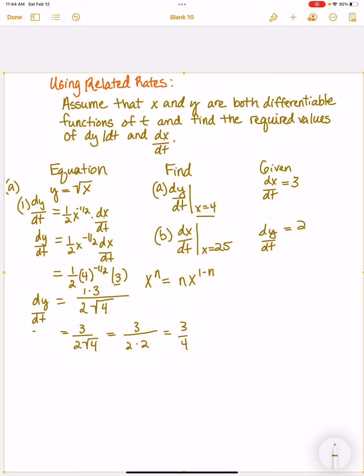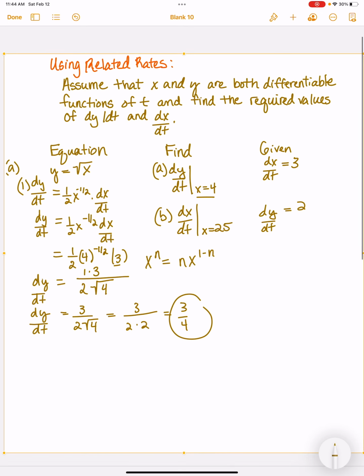And that is the derivative of y with respect to time when x equals 4. Now, let's look at b. We want to find dx/dt this time, so it's going to be different, when x equals 25 and dy/dt equals 2. Now, even though the information that we're plugging in is different,